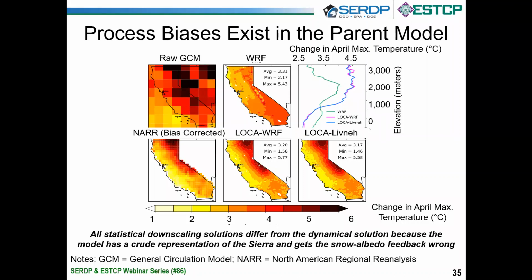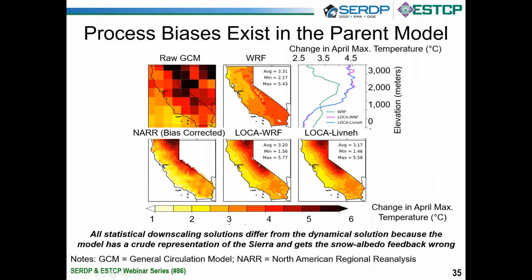So our co-authors looked at the raw GCM. The upper right shows the raw GCM change in April maximum temperature in the 21st century, and various different statistical downscaling techniques, ones that are trained under future analogs or trained in the past. And they show that the bottom three plots are fairly similar, indicating that the statistical method isn't the issue, that it's really the fact that the parent model is